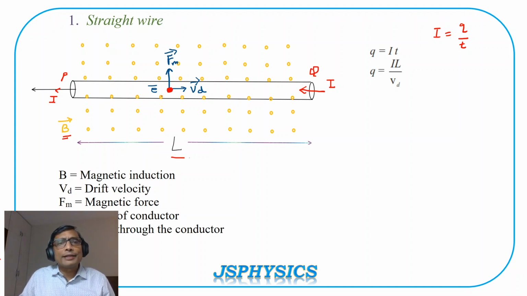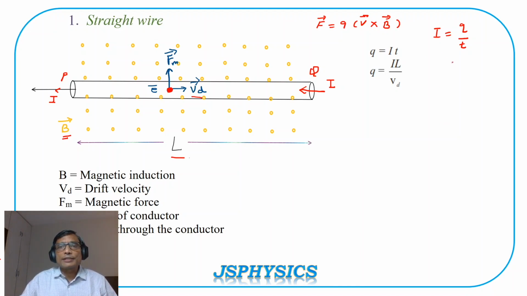Let us assume that this electron is moving to the right hand side with some velocity Vd, which we call drift velocity. The velocity of the electron under the action of an electric field is said to be the drift velocity. So the drift velocity of the electron here at a particular instant is Vd. Because the electron is a charged particle and it is moving in a magnetic field, it will experience a force, which we have already done, given by F is equal to Q into V cross B. This is the formula for the force acting on a charge which is moving in a magnetic field.